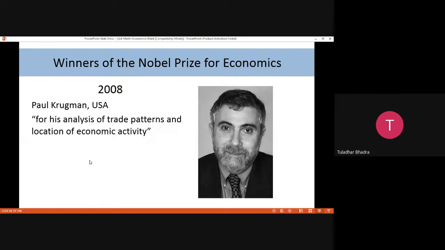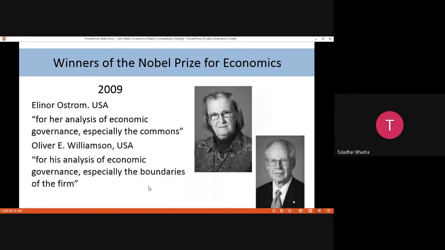2008, Paul Krugman, USA, for his analysis of trade patterns and location of economic activity. 2009, now you can see for the first time you are seeing a photo of a lady after so many years. In 2010, Elinor Ostrom, USA, for analysis of economic governance, especially the commons. Actually, some part of her work was done in Nepal. Oliver Williamson, USA, for his analysis of economic governance, especially the boundaries of the firm. So you can see here, the first time we have a lady here, and in one of the previous years also,